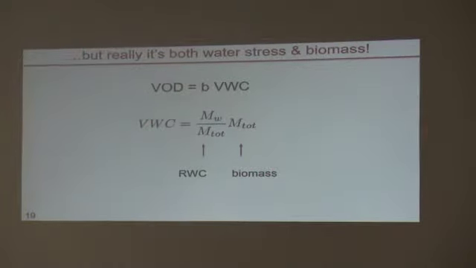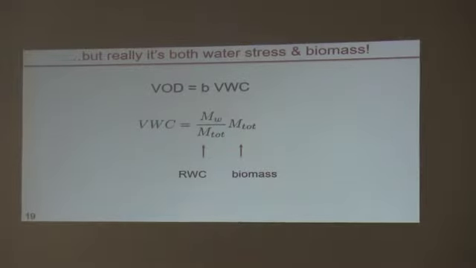Again, the way that I'm thinking and that Krishna's been thinking about vegetation water content here is as a relative water content for a given location that scales with the biomass of that particular remote sensing pixel. And for the sake of this study, we'll assume that biomass is relatively constant. And that allows us to potentially get rid of it and really isolate this relative water content. So it's potentially a direct metric of